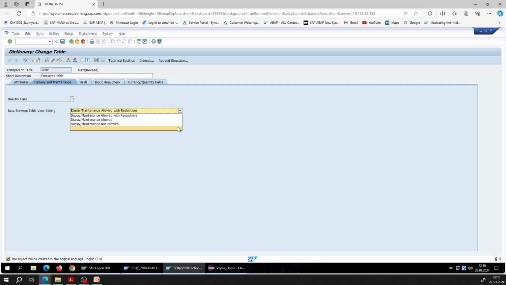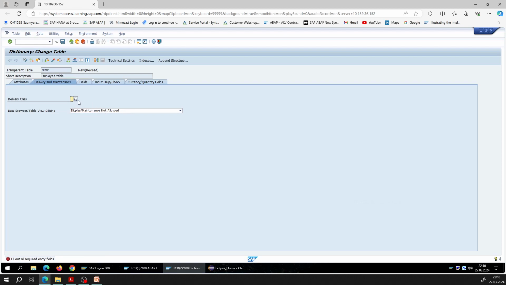If you select the first option, allowed with restriction, then you can create entries from here itself. And if it is not allowed,